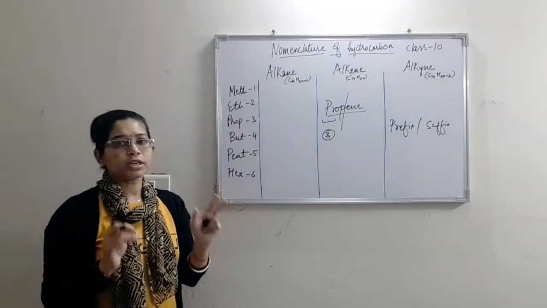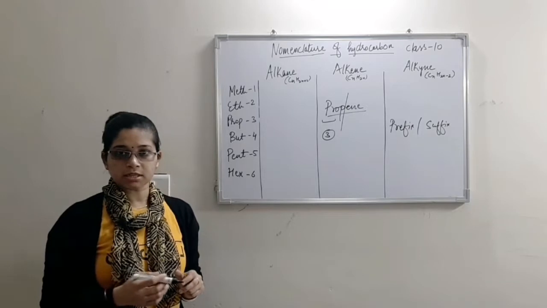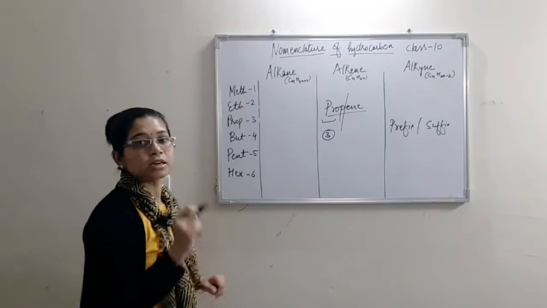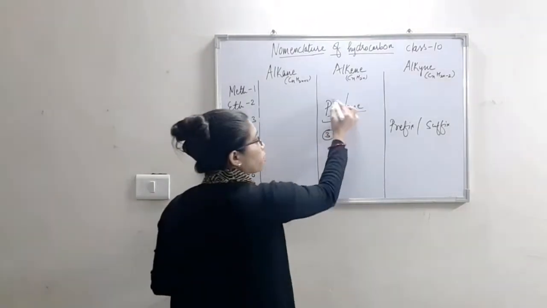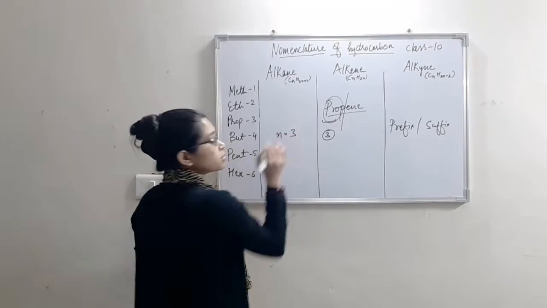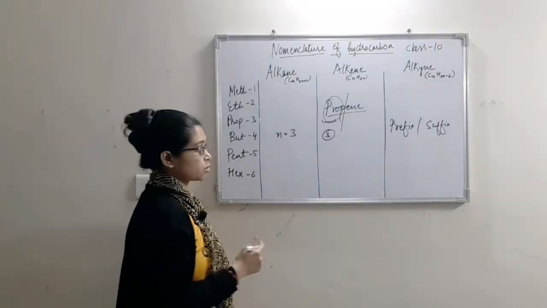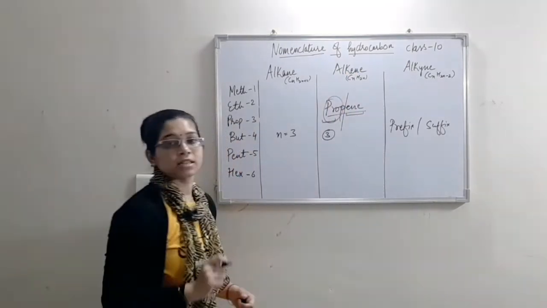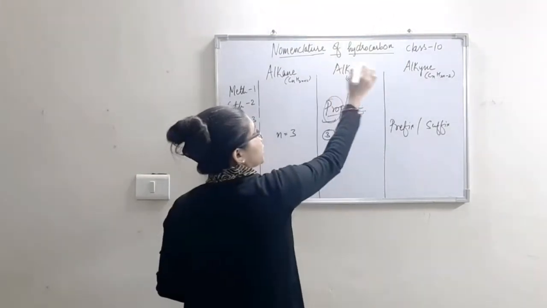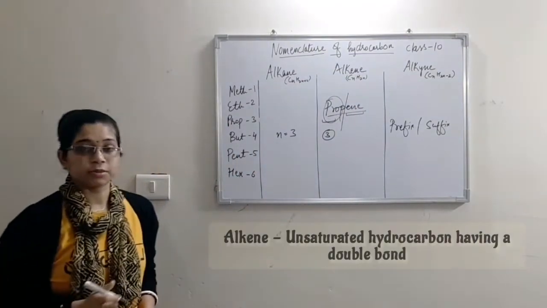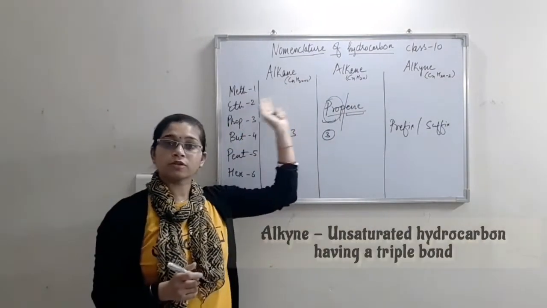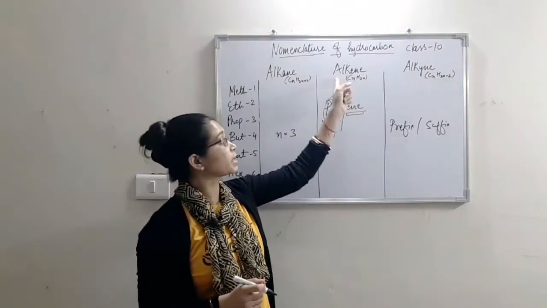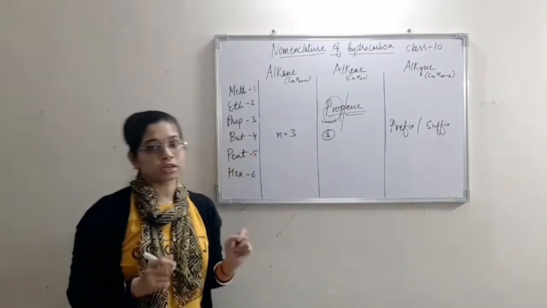For class 10th, only up to hex compounds we are supposed to discuss. Right now we have these names which signify a particular number of carbon. Here prop means 3, that is n will become 3. Now which formula will be used? This ene word means it is a member of alkene series. Alkane, alkene, alkyne are three series of hydrocarbons. The general formulas of these compounds are CnH2n+2 in alkane, CnH2n in alkene, and CnH2n-2 in alkyne.